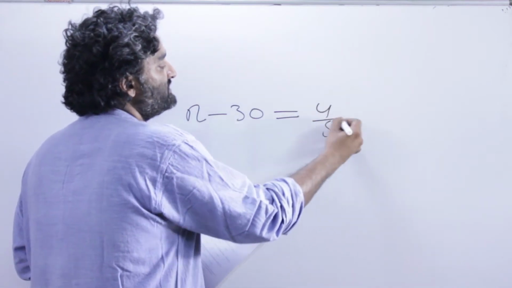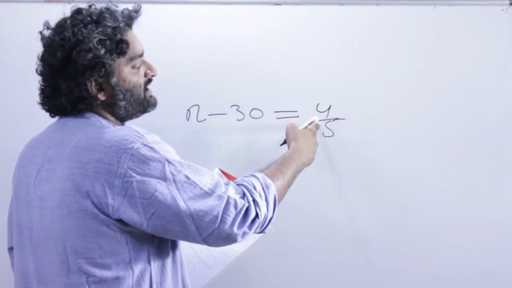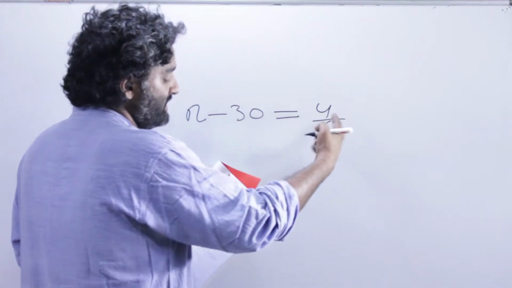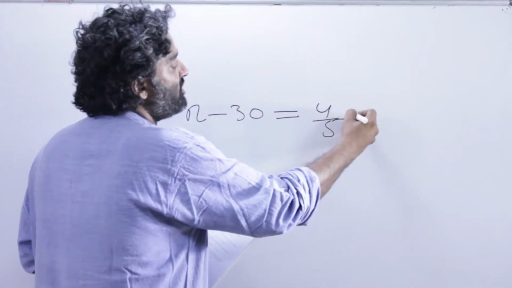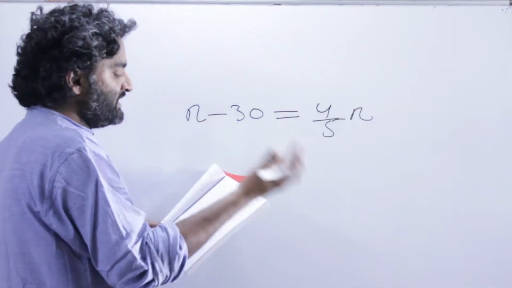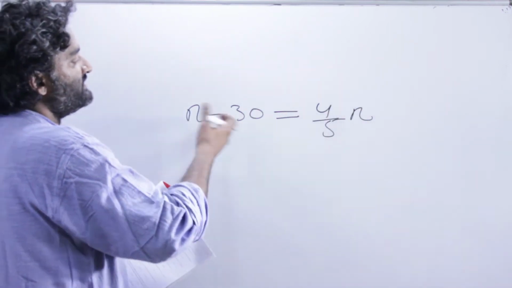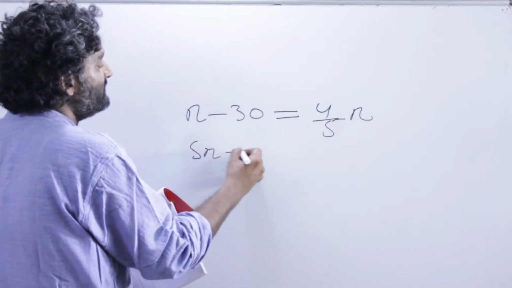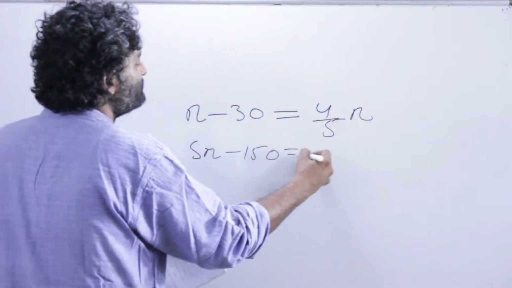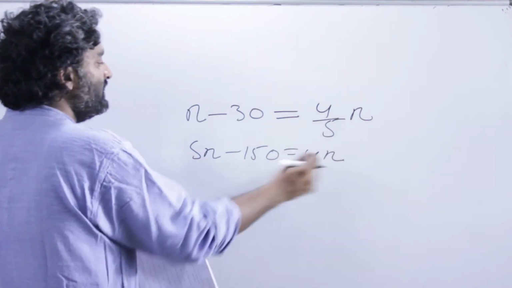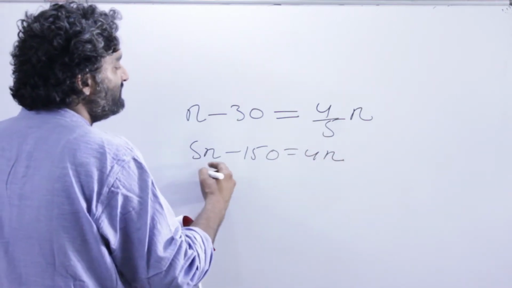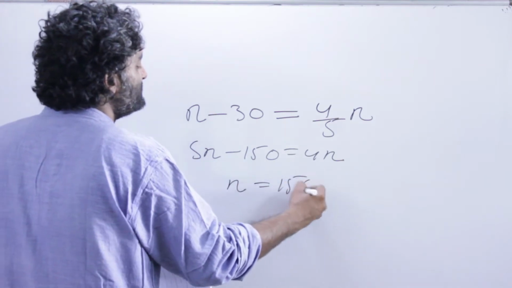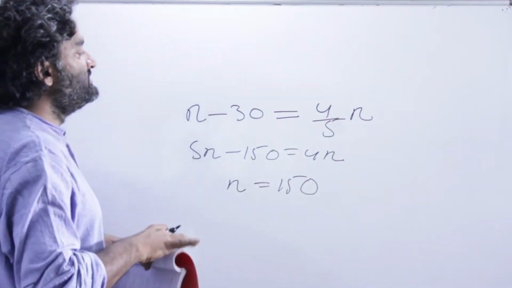We know 80%, and this is the only part which might cause confusion. For that, you need to refer back to the previous videos. The result is 80% of the number. The number is n. That's it. We have our equation. If I solve this, I'll get my answer. If I move the 5 here, I'll get 5n minus 150 is equal to 4n. I move the 4n here, 5n minus 4n will give me n, and this 150 will go this side. So my value for n is 150.